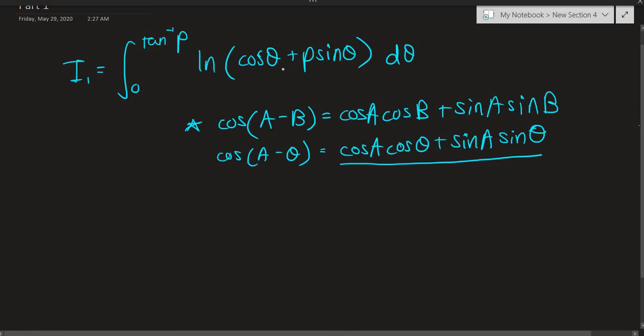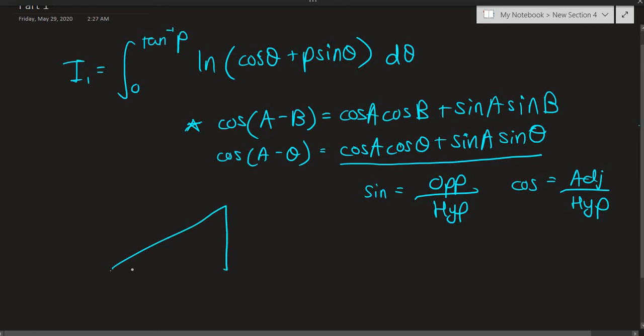into this natural log, associated with this expression? Well, notice that we have a 1 in the numerator here and a p in the place of sine of a, but we really want to convert this into sine of a. So remember that the sine is the ratio of the opposite side and the hypotenuse, and the cosine is the ratio of the adjacent side and the hypotenuse in a classical right angle triangle. So if we let this coefficient p be the opposite side when we draw a triangle, let's call this angle A because of this formula. This is a right angle triangle, so this is 90 degrees.